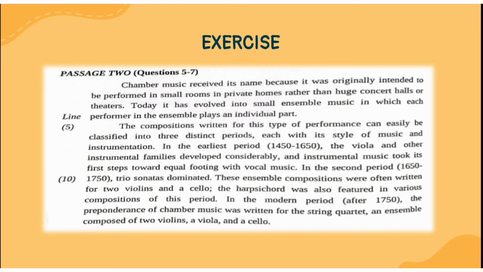The ensemble compositions were often written for two violins and a cello. The harpsichord was also featured in the various compositions of this period. In the modern period after 1750, the preponderance of chamber music was written for the string quartet, an ensemble composed of two violins, a viola,